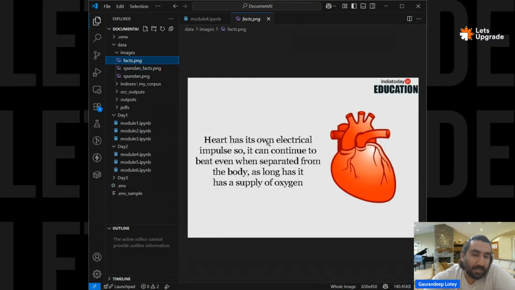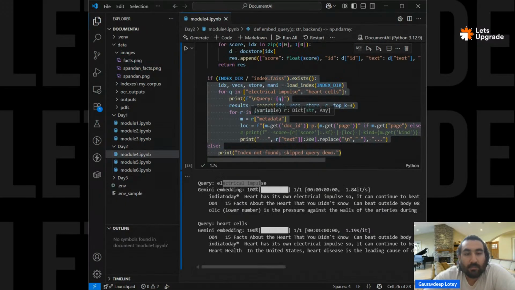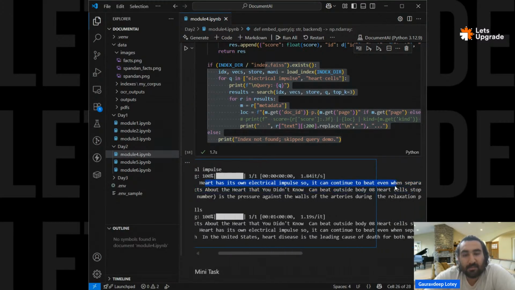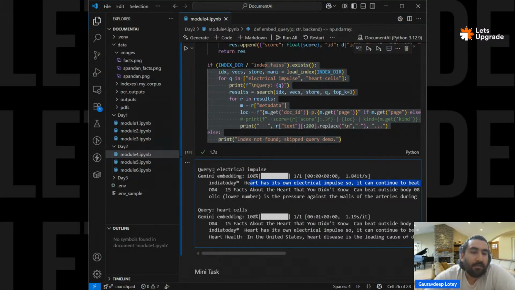Oh, the very first image right over here. Heart has its own electrical impulse. It can continue to beat even when separated from the body. So you see, heart has its own electrical impulse, so it can continue to beat. This is the output we are getting. If this was our query, this is the answer that we are getting, and how we are getting